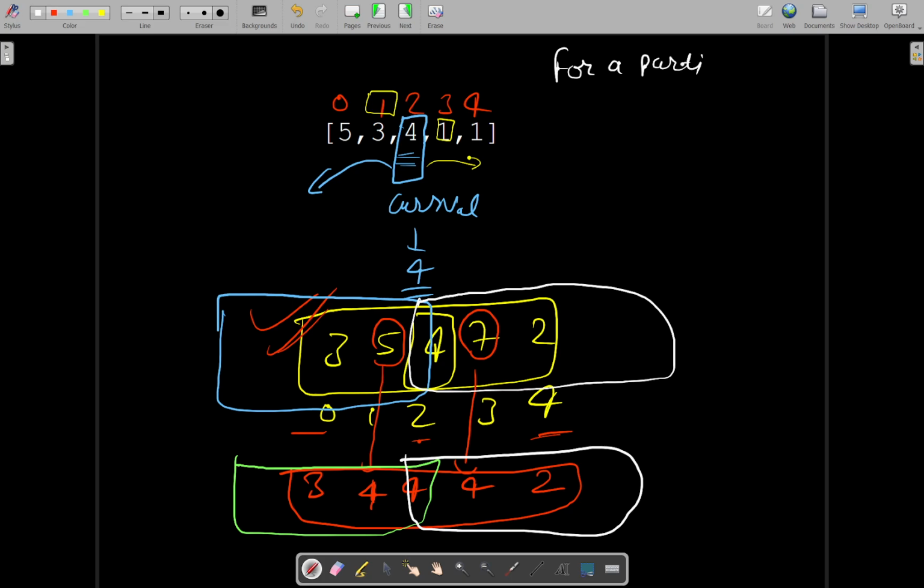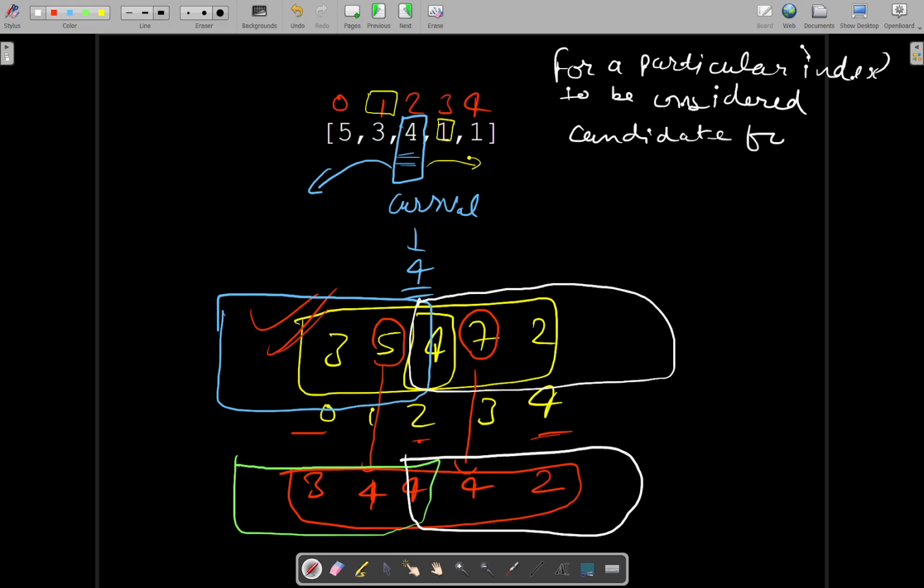Particular index here, candidate for peak of heights array,